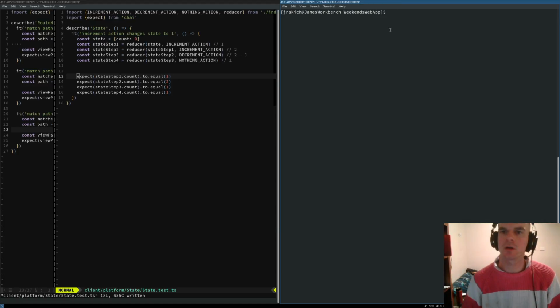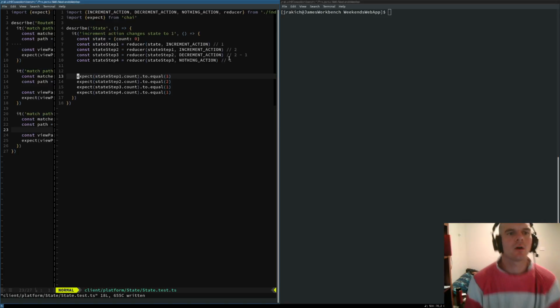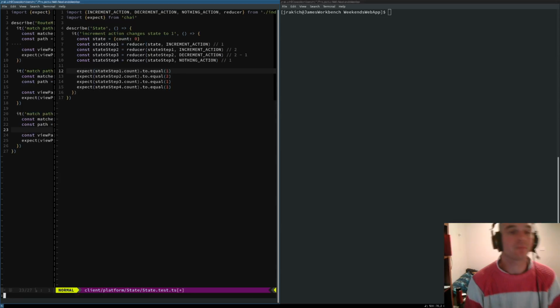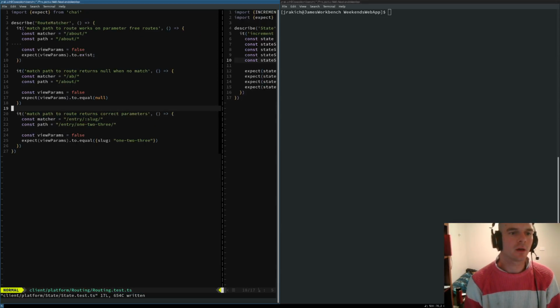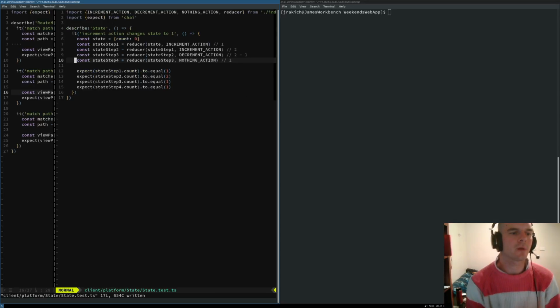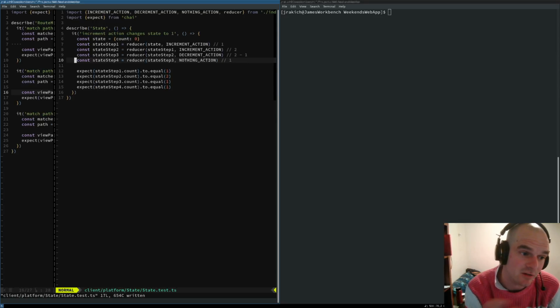Once I come back though, what we're looking at, we've got some tests running, and then after that, now that we've got our tests running, I think the next step is to get this running in the browser. Because once we've got it running in the browser, then we can properly test out our platform layer.